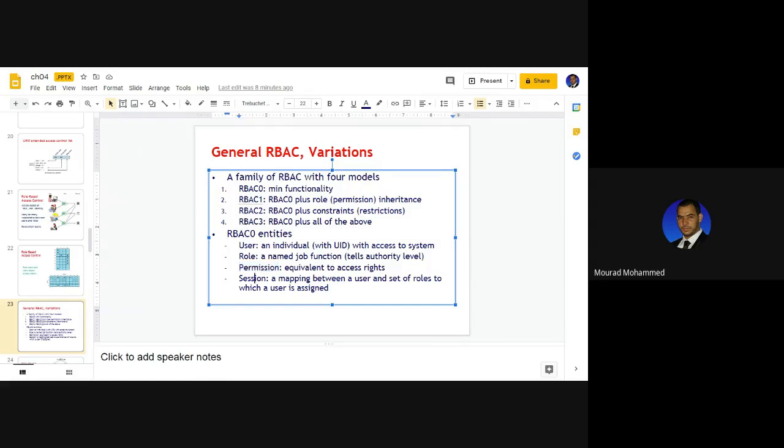Then a relationship, session, it's just a mapping, it's just a path between the subject and the resource for a period of time. The session is the path via which a user accesses the resource. And this path specifies the path itself and specifies the period of time.